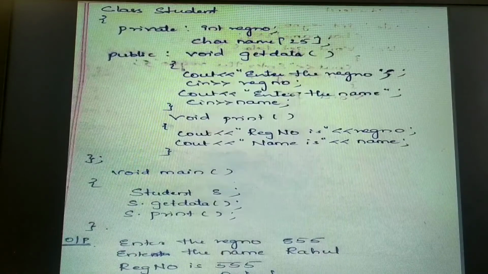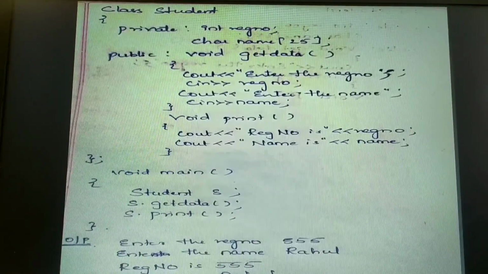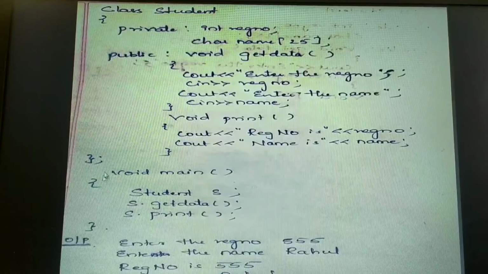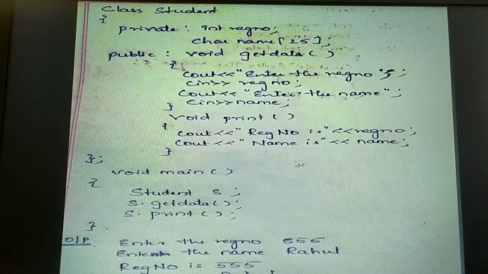The insulation of the data from being accessed by the outside world is the data hiding or information hiding. Think that outside the class, now here my class ends, one more function I'll write here, void display, which is not a member function of this class. I'll just write void display and try to print the register number and name.